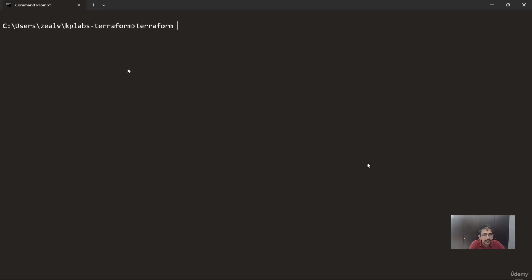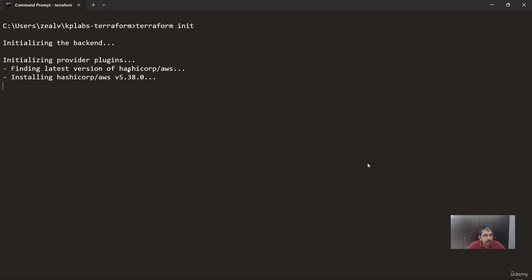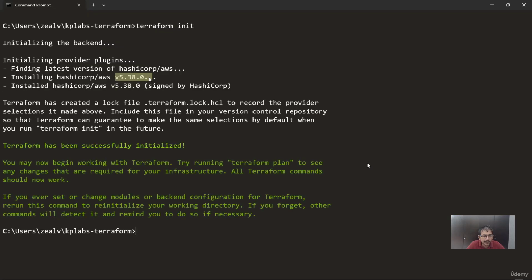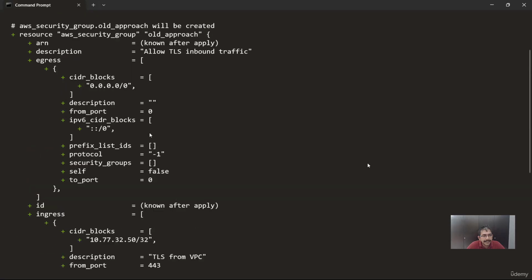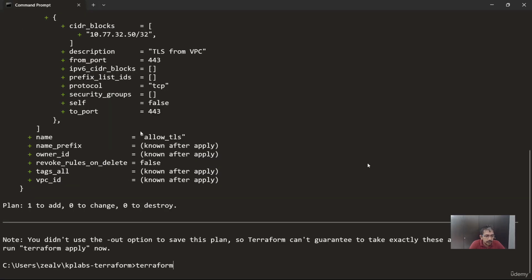Now I'll quickly do a Terraform init so that the newer version of the provider gets downloaded, whatever the newer version is as of today, which is 5.38. In your case, it might be different. Alright, so this is the latest version of the provider plugins that are downloaded. Now when I do a Terraform plan, let's verify if the older way of writing code still works. And as expected, things are working. If you do a Terraform apply with auto approve,